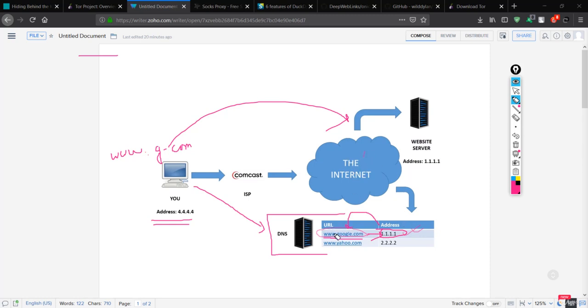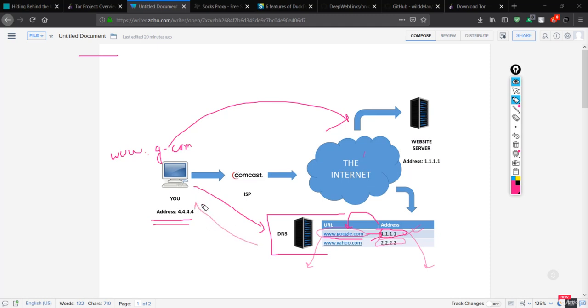So first of all, we have to convert google.com, which is the name given by humans, because remembering these numbers is very tedious for humans. So they have given names so that remembering the name is easier than remembering these IP addresses. So basically the DNS server will convert our domain name to the IP address.